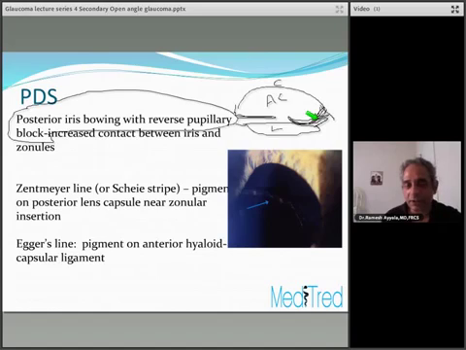So because of this posterior convexity, this portion of the iris is rubbing against the zonules, the lens zonular complex here, releasing pigment from this area. Because of this constant rubbing motion and release of pigment, this area will exhibit the transillumination defects